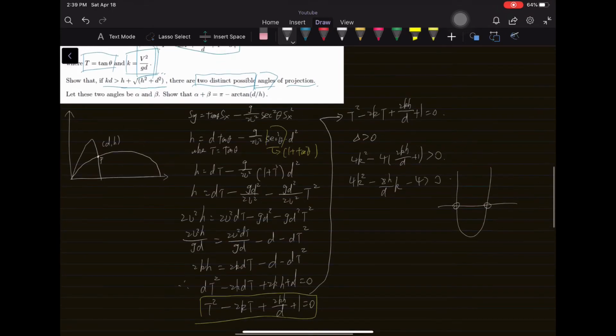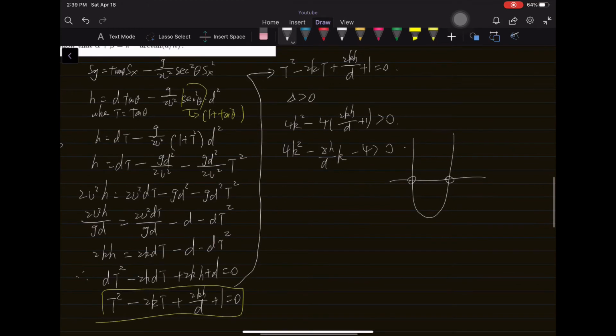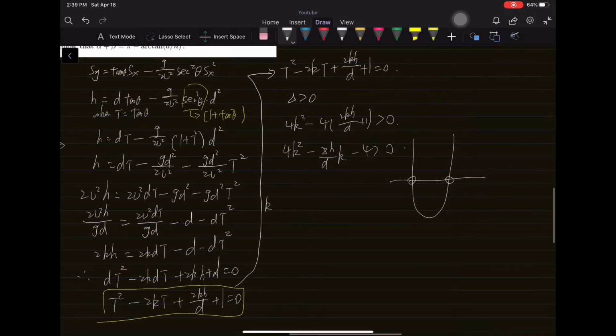So we want to find its roots first. The k will equal to, and we get